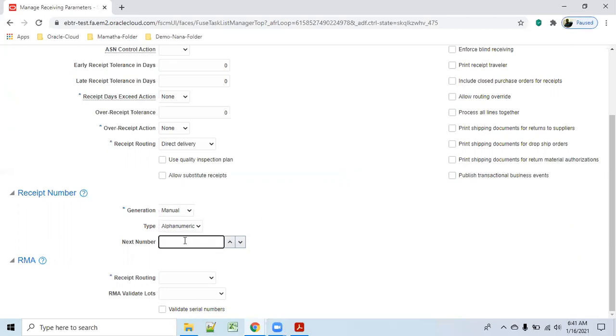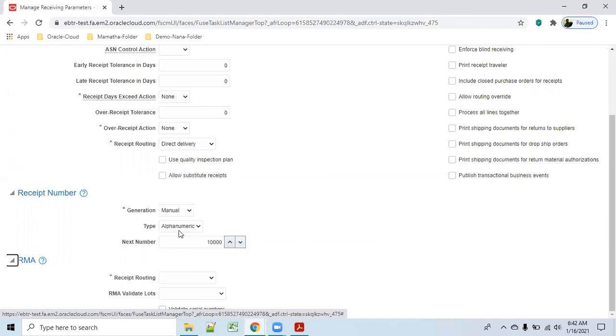I'll make it alphanumeric, only ABC. So this is my first receipt number. What happened? The number is not a whole number. Enter a whole number. Alphanumeric, right? If it is alphanumeric, why is it not allowing?